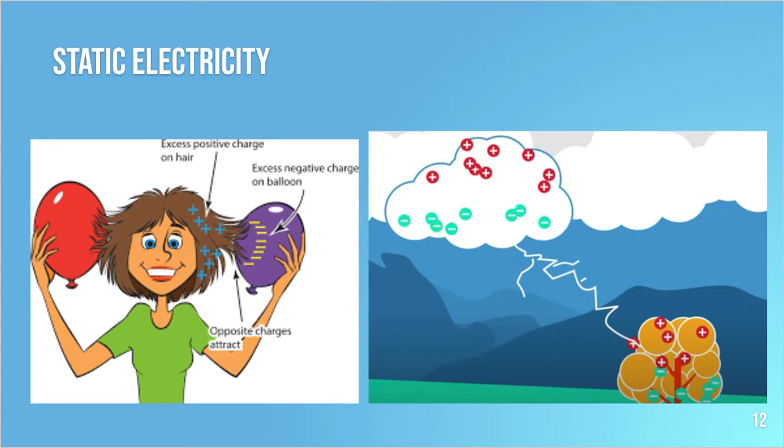Alright, so now that we have a deeper understanding of how electricity works from the subatomic level, let's go back to the static and current electricity examples. Rubbing the balloon against your hair causes electrons to be transferred to the balloon. This is because the balloon and your hair differ in how strongly they attract electrons. So, as I explained before, there's excess positive charge on the hair and excess negative charge on the balloon. And because opposite charges attract, there's an imbalance of positive and negative charges, which causes static electricity,